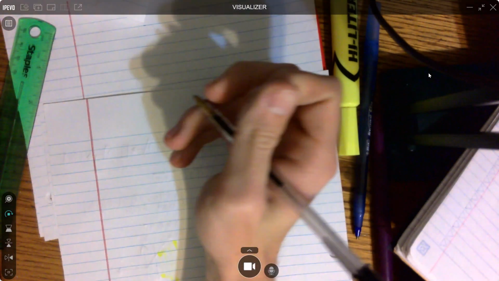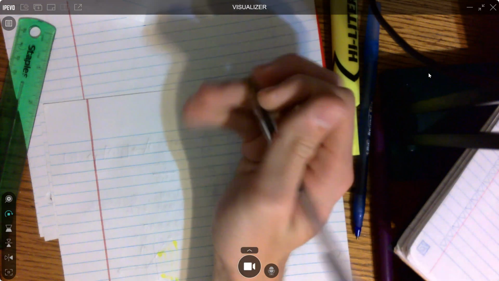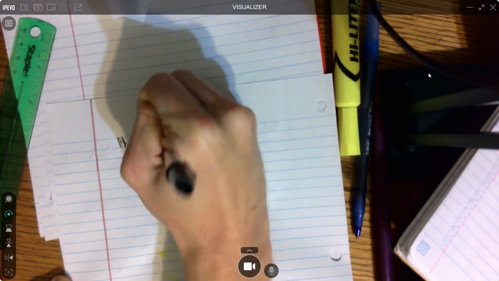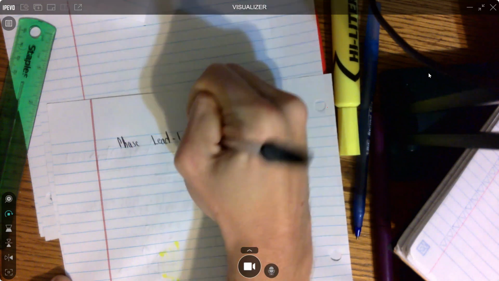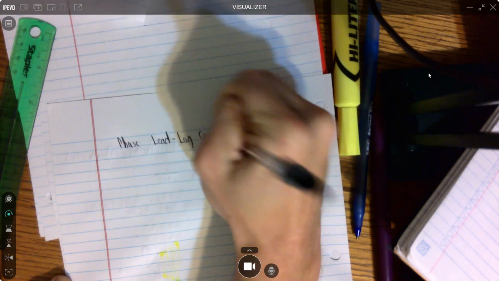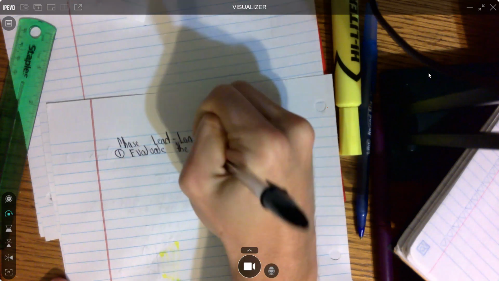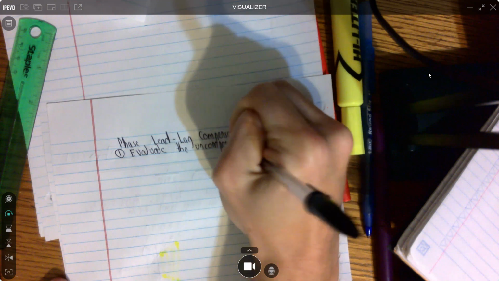And so just be aware of that. So the first step, if you were to be given a phase lead lag to design, you would, so if you have to do a phase lead lag compensator, so you have to do both, just know that it is very similar to what we talked about already, where the first step, you just have to evaluate the uncompensated system. So this would be where you look at MATLAB, so evaluate the uncompensated system, L1 of S